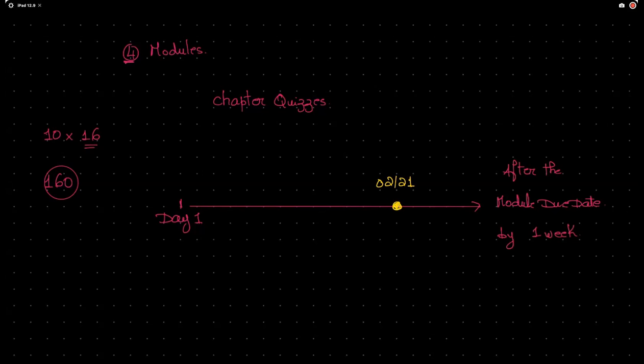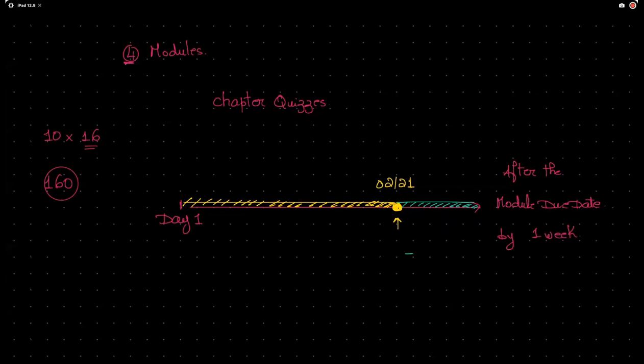So completing the chapter quizzes anytime before the due date, since they are all available from the beginning of the semester, you need to complete it before the due date for you to get a full grade for the quiz. If you've completed the chapter quiz after the due date, because it's still going to be open and you will still have access to it for 1 week after its due date,